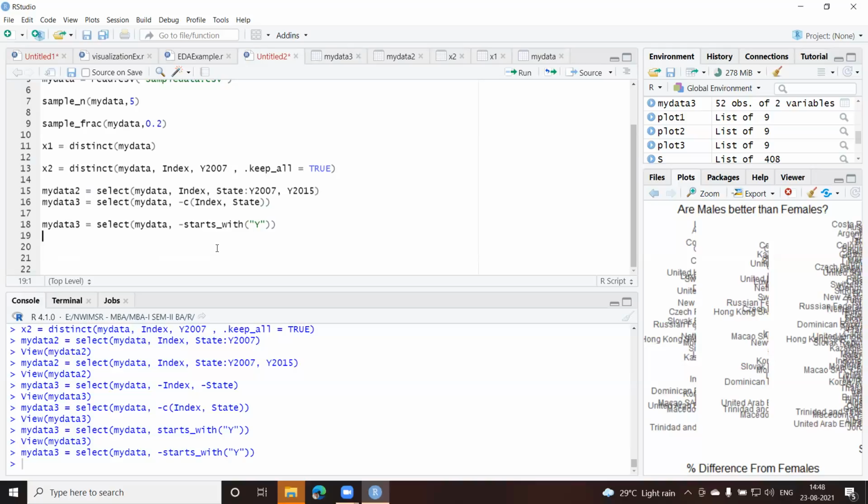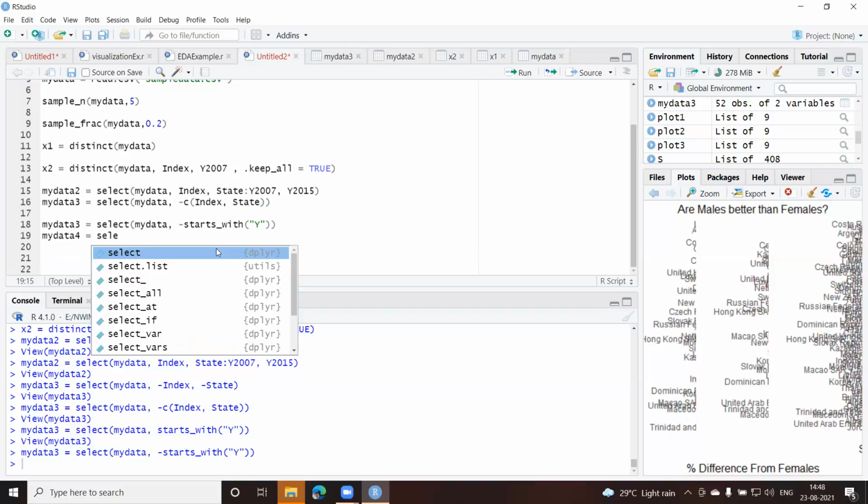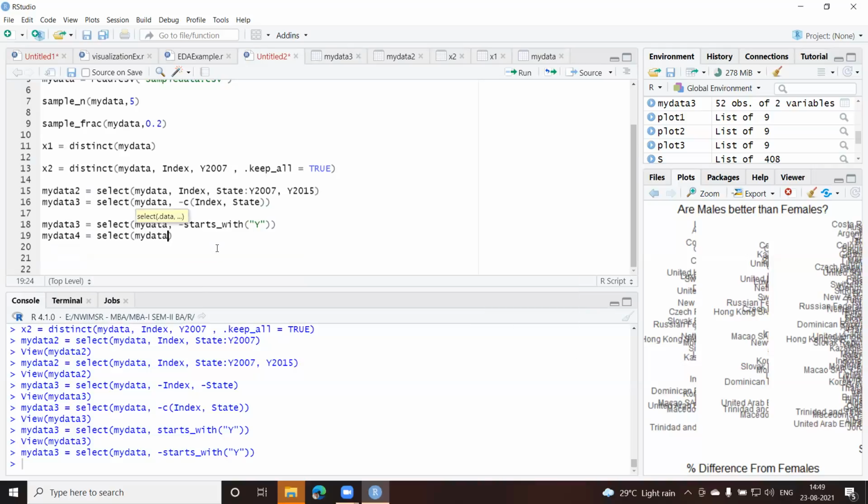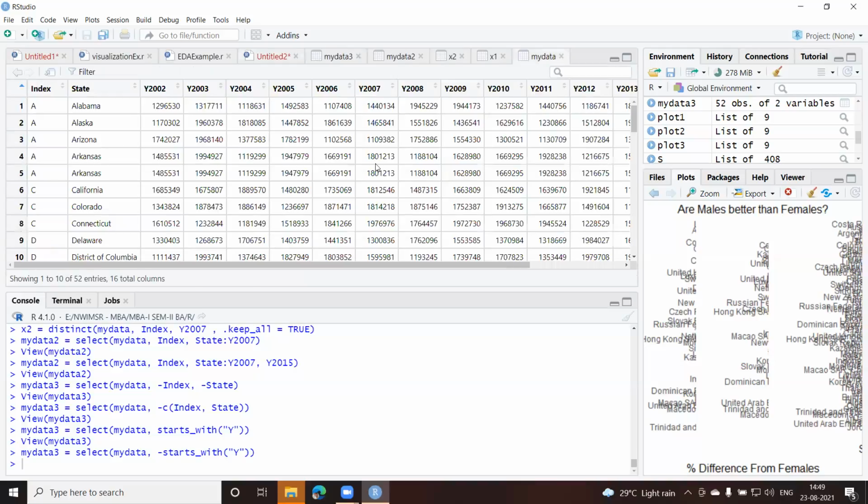I'll just take an example of contains. So I'll take my data again. My data I'll use, equal to the select function, my data, comma, and here I can give contains. Let us say, because Y is in all the columns here, let us give a simple one, I, and index is the only one which is having I here.